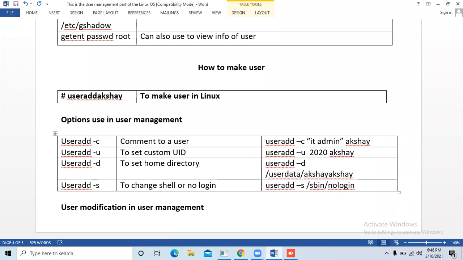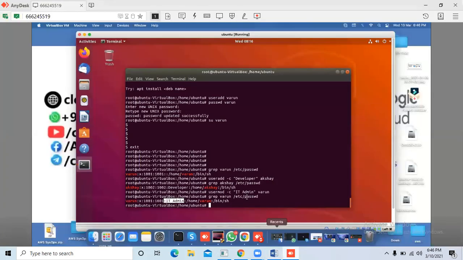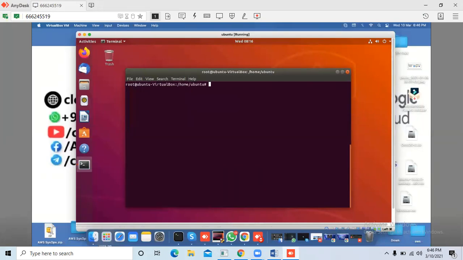So I'm going to add a user. First clear the screen. I'm going to add a user. useradd -c for the comment. I'm going to comment IT admin 2 and close this, and also -d for the default directory.